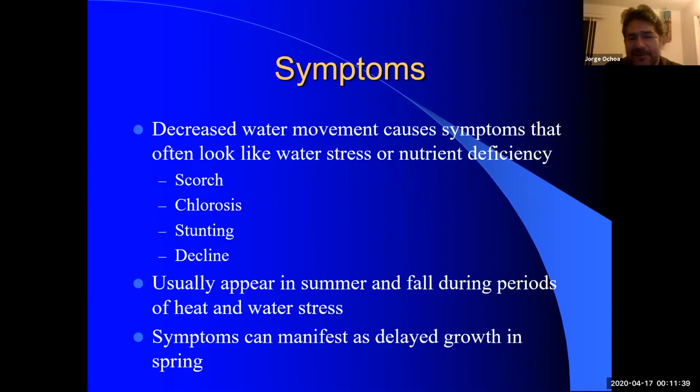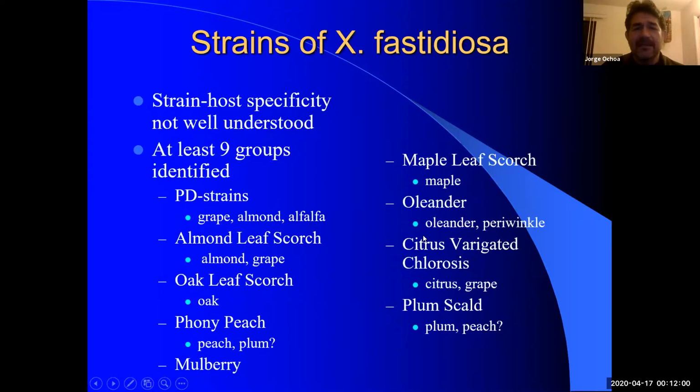So here are some of the symptoms of the scorch disease. So scorch, burning of the leaves, chlorosis, meaning it kind of looks yellowish in color, stunting because it's not going to grow, and then it declines. Eventually, the entire stem will die, and the plant is going to have some new shoots. Here are some of the different strains. So later on, as more research was done, they found that there is not just one strain of the bacteria. There are several of them. The first one was blamed, but later on, nope, there are many of them out there. And they were causing different problems.